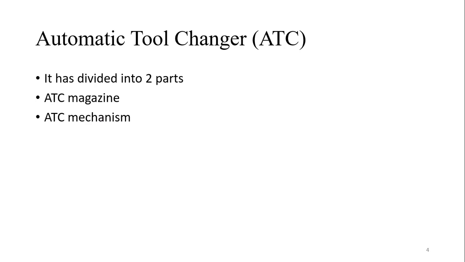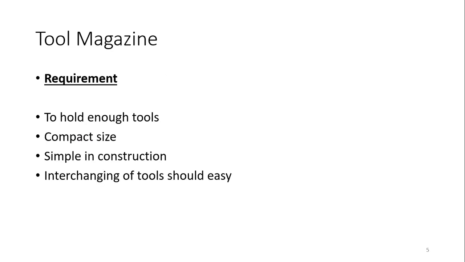You might have played video games where the magazine is what holds your extra bullets. Similarly, the ATC magazine is used to keep the extra tools which are in the machine. Many machines can have 6, 8, 10, 12, 20, even 50 tools. Those are called the ATC magazine, because at one time maybe 3 to 4 tools are used, but the remaining tools are placed inside the magazine. Clear?